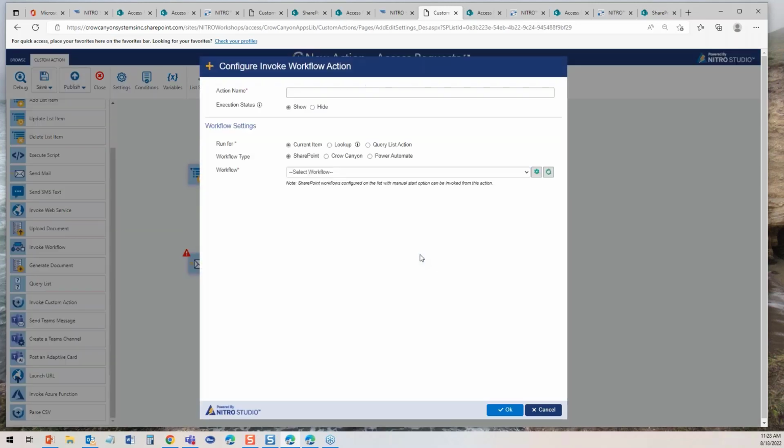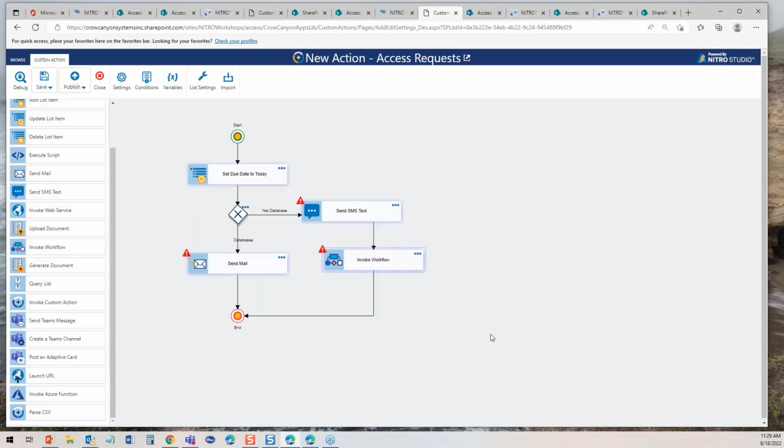The workflow you can invoke could be a SharePoint 2010, 2013, whatever their designer workflows are. It could be a Crow Canyon, which really means a NITRO workflow. You can even invoke a Power Automate if you happen to have one you want to use for some reason. You can invoke it as part of the NITRO Studio. See, we kind of get all these possibilities grouped together, and that's why you say NITRO Studio is a very comprehensive tool. It can do all these different things and different possibilities depending on how you want your business process